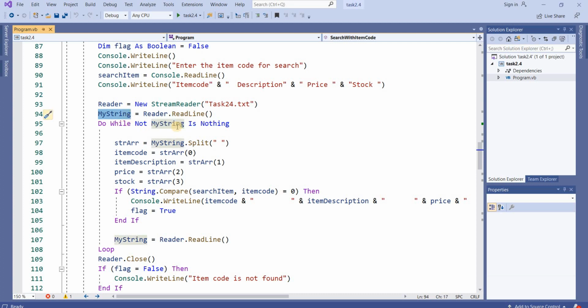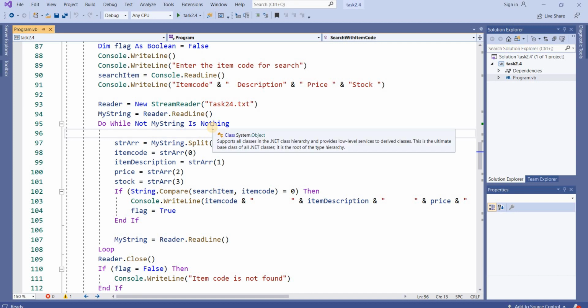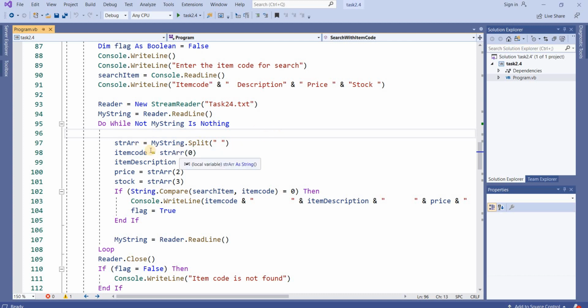Now, do while my string is not nothing, you will move on until my string gets a null value, meaning nothing, empty. String array equals my string dot split. My string is capturing the complete line of the file, and it will split with spaces. This is my requirement.